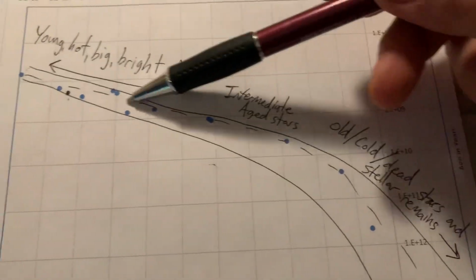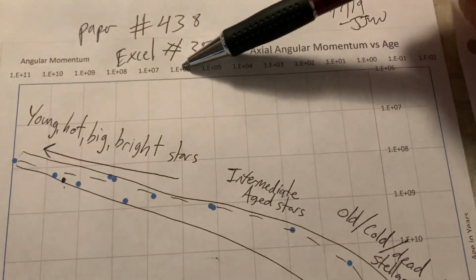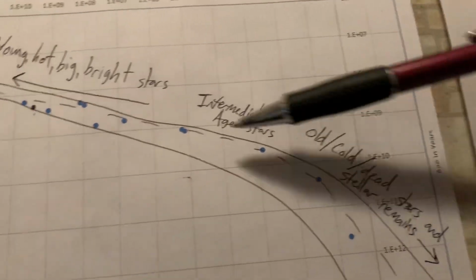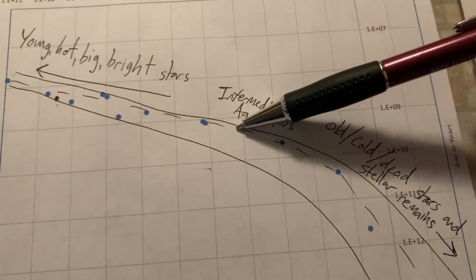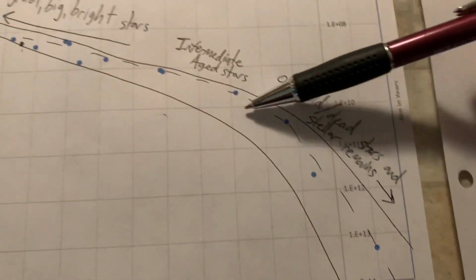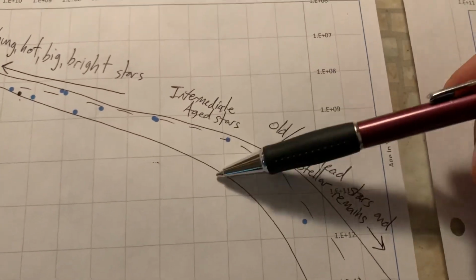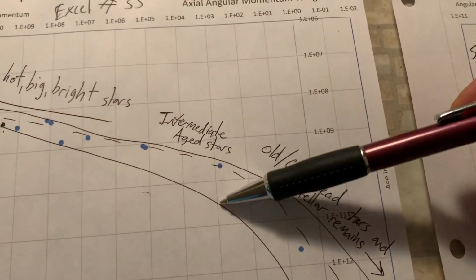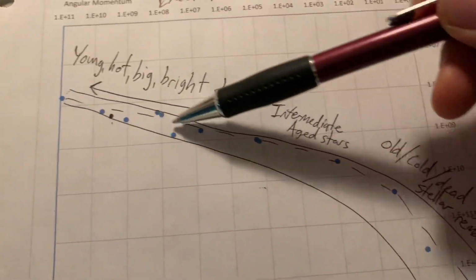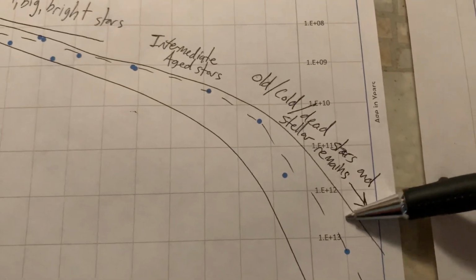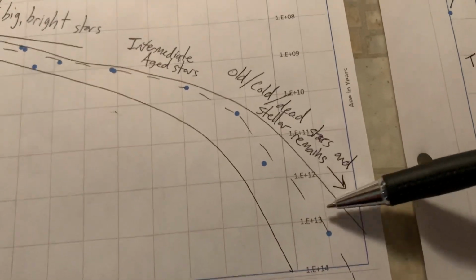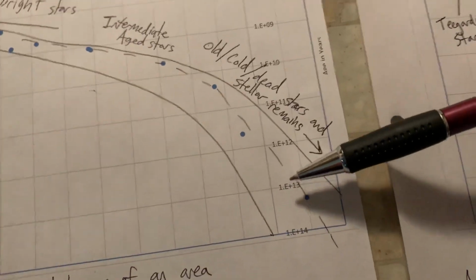And eventually, as it ages, of course, up here is the axial angular momentum diminishing, and down here are the ages. So the ages, they get older. So as the star spins down, it gets older and older and older, and it goes on down on a smooth continuum. And this is a roundabout place where we should expect most stars' axial angular momentum to be. So it narrows the younger it is, and it thickens the older it gets. So you could have a much higher difference in total axial angular momentum.